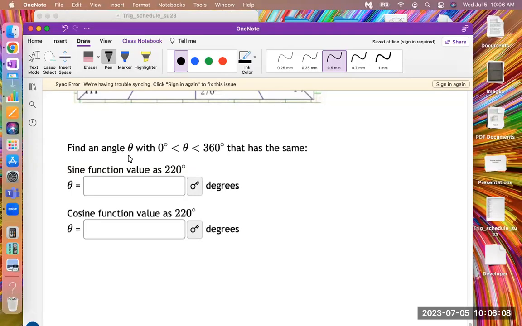Find an angle theta between 0 and 360 that has the same sine function as the angle 220 and the same cosine value as 220. So